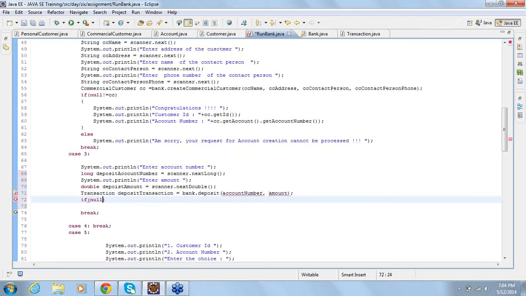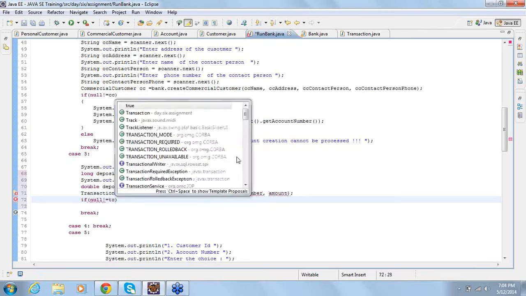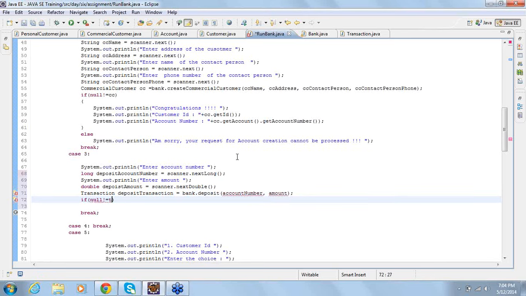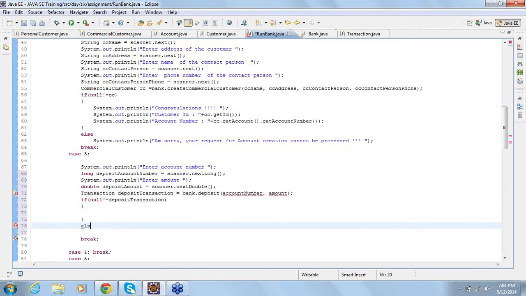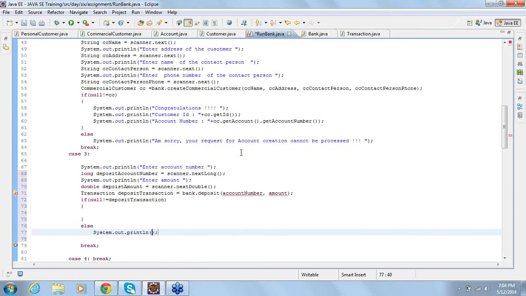If the transaction is not null, then the deposit is successful. Then you can say else.